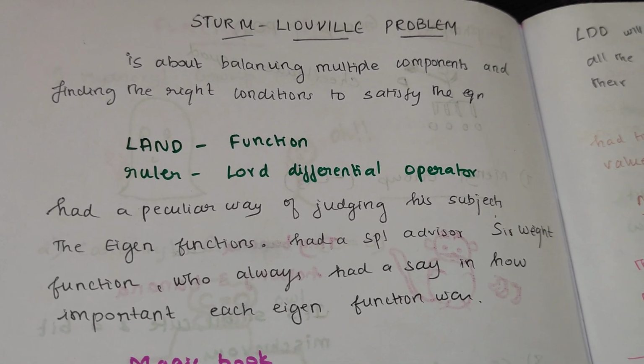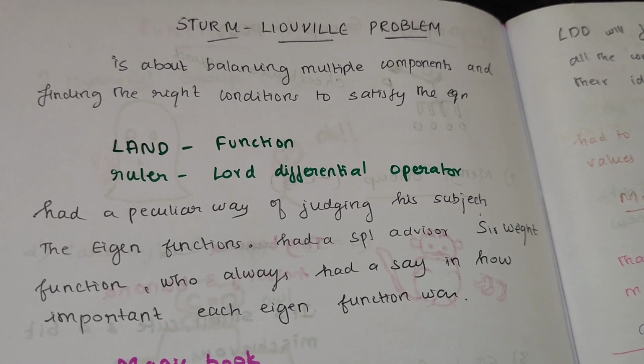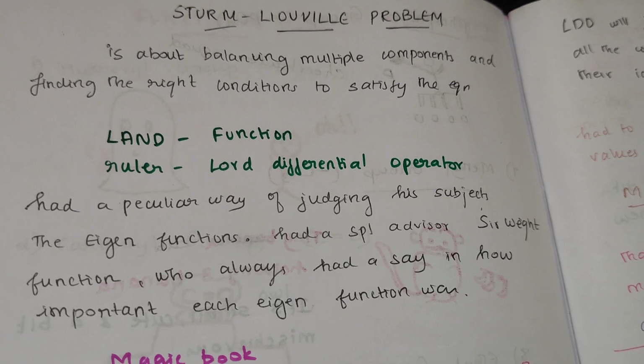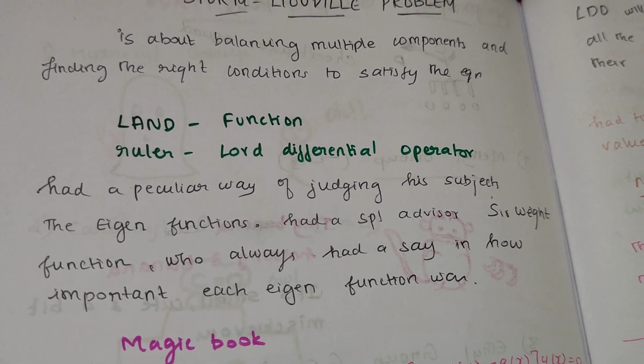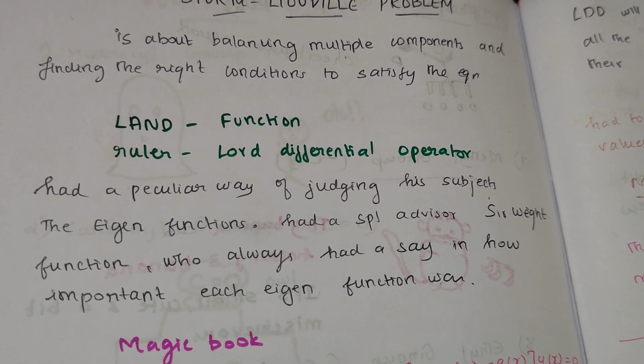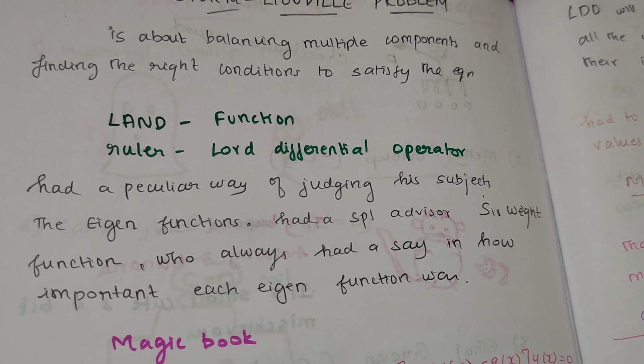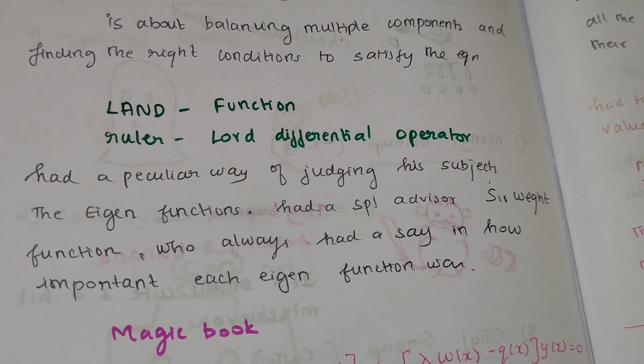Consider the land as a function and the ruler of the land as a Lord differential operator, who had a peculiar way of judging his subjects. There are so many subjects who come there to express their talents, so he has a peculiar way of judging his subjects. Suppose